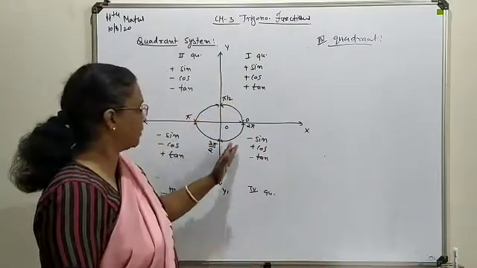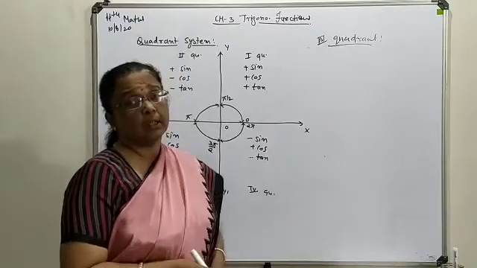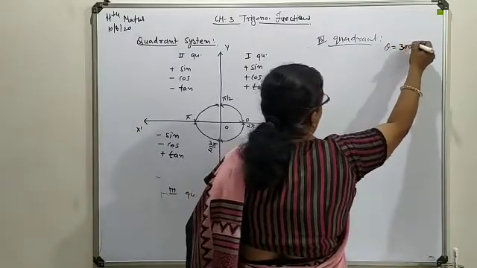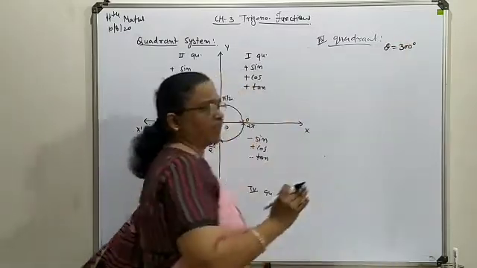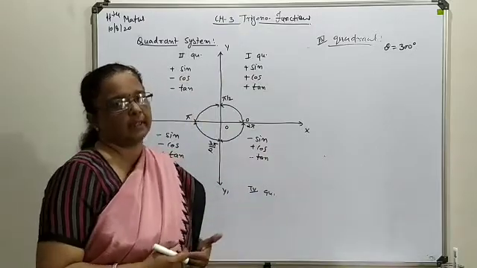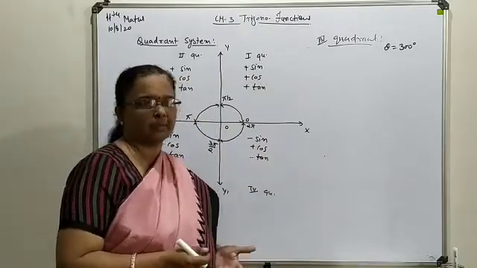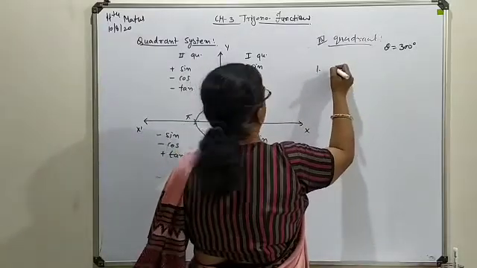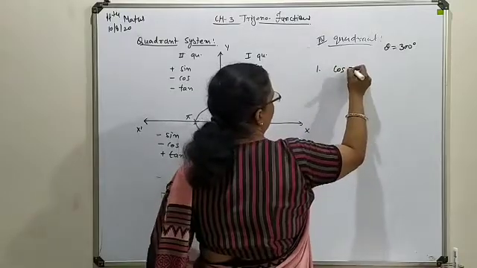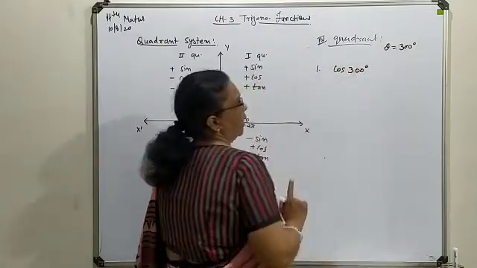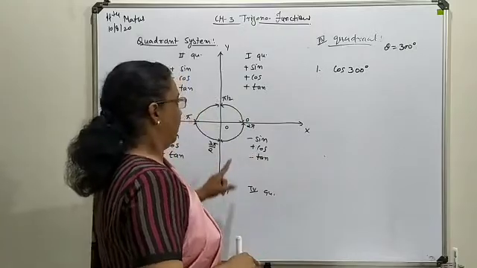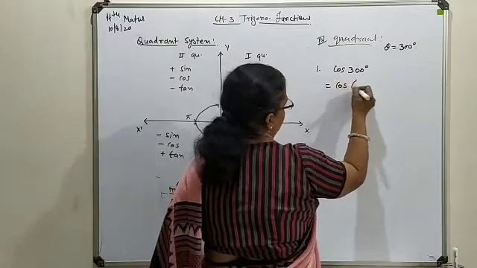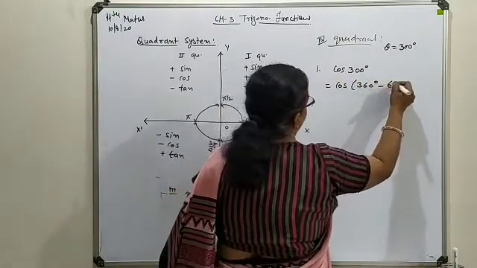So for that purpose, suppose we take an angle theta as 300 degrees. It can also be expressed as 270 plus and 360 minus, or 2 pi minus. So let's start with the first method, suppose we take cos over here. Cos of 300. First we are going to write it as 2 pi minus, meaning 360. So this is cos of 360 minus 60.